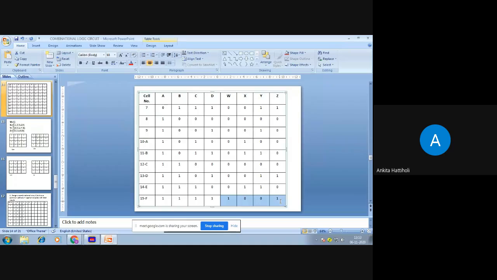Yes, doing. Hurry up a little. Get the truth table everyone fast.